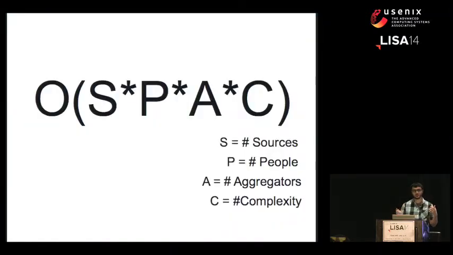I would even say that the complexity of just finding the right metrics to have them in your graph is related to how many source applications you have that are sending metrics. They all probably have their own conventions. How many people are involved that write code that emits metrics? How many aggregators or services do you have that do some kind of operation on your metrics and reflect this by modifying your keys? And of course, the complexity of your graph itself, how many metrics are on your graph.